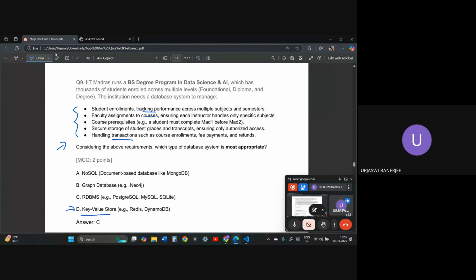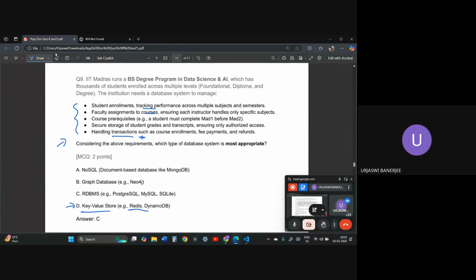So many people were saying, like, the key value store, Redis and DynamoDB, why weren't we using that instead of the RDBMS? The thing is, an RDBMS allows a more secure database. Since transactions are involved over here, we kind of need the data to be encrypted. When you use Flask or Werkzeug in your project sessions, you will see that the passwords you add to your database become encrypted.